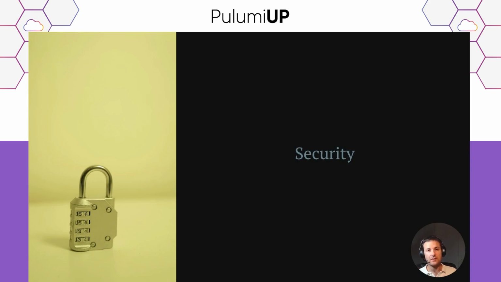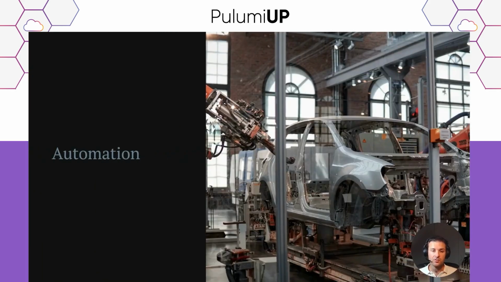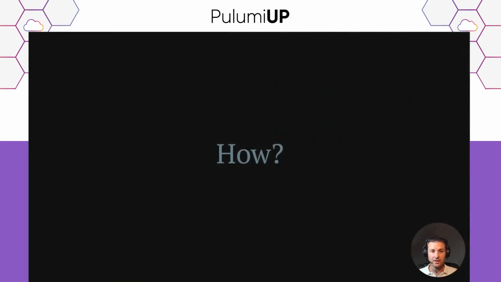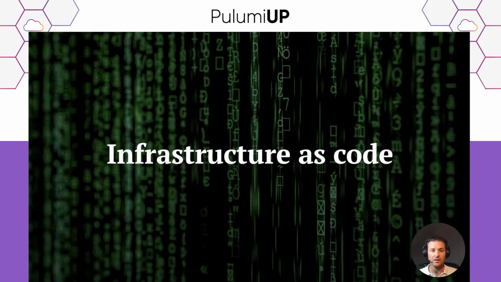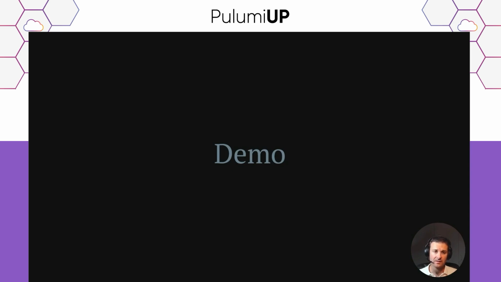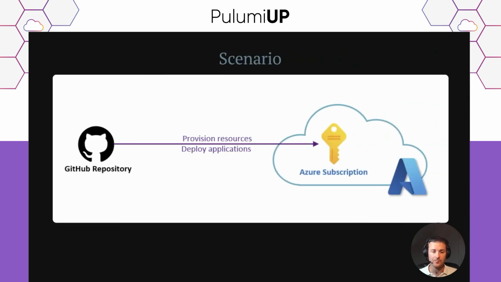What do we do in IT when we have some process that can take some time, that requires manual steps, and can be repetitive and sometimes complex? Well, we want to automate that. And how do we do that? Well, to do that, we can use infrastructure as code. And that's exactly what we are going to see next, that we can create GitHub repositories and configure them using Pulumi. For that, the best is to go through a little demo.